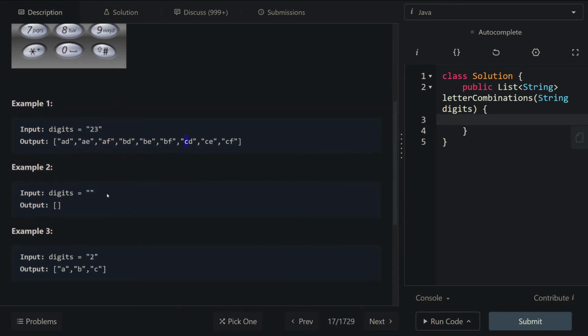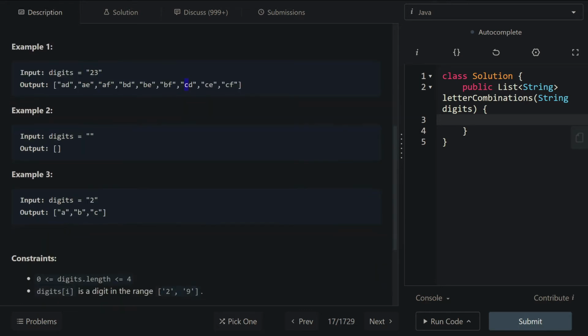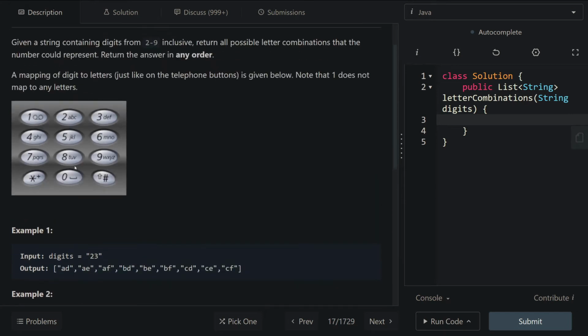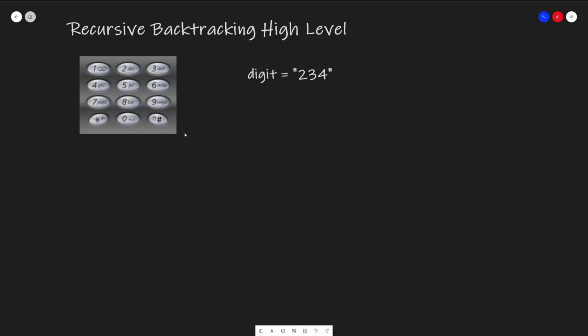In example 2, if given an empty string, we just return an empty list. And then in example 3, when given 2, we can only return A, B, or C as our total number of combinations. Whenever a problem asks you to generate every possible combination, it usually means that you need to use